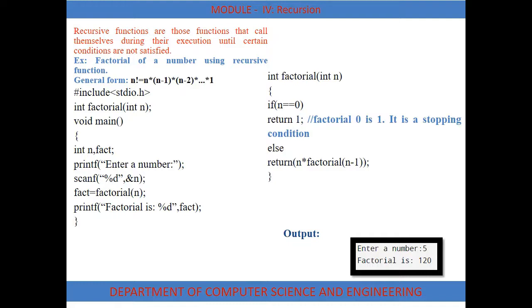Now again we have to evaluate factorial of 2. That is, call the function factorial. For the function factorial we are passing the n value as 2. Check the condition. Is 2 equal to 0? No. So jump to the else part, that is, n into factorial of n minus 1. That is 2 into factorial of 2 minus 1, that is 1. Now the entire statement is return 5 into return 4 into return 3 into return 2 into factorial 1.